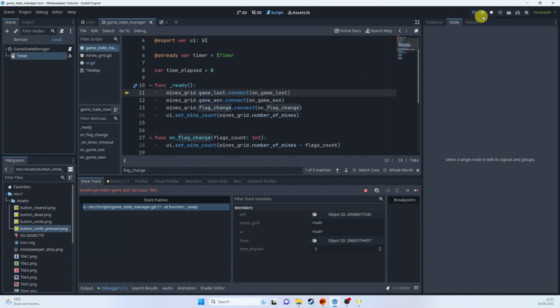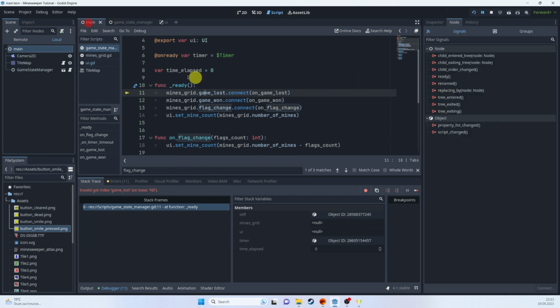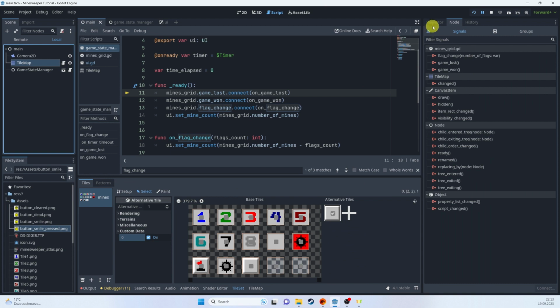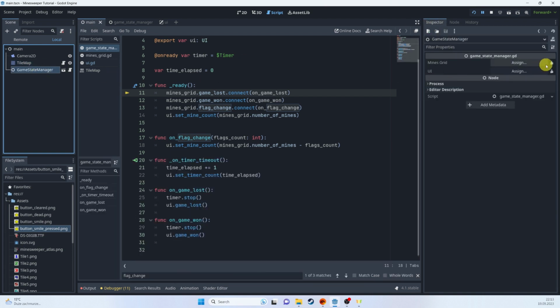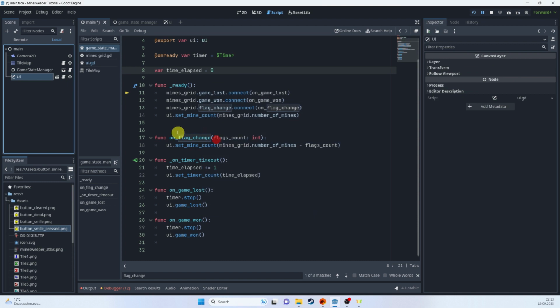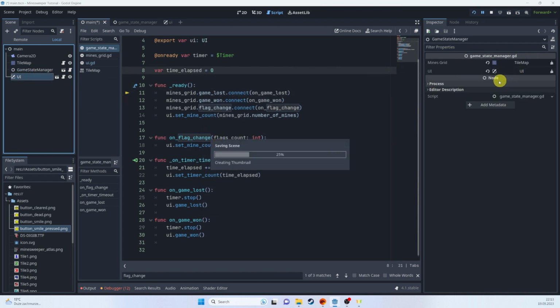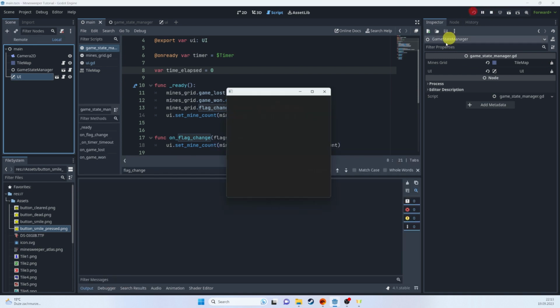Yeah, of course, we have to pass those references. They should be available here, and they're empty now, so we have to assign those. So we can just drag and drop this, and also we have to instantiate our UI here, and then also take this and drag and drop this. And now